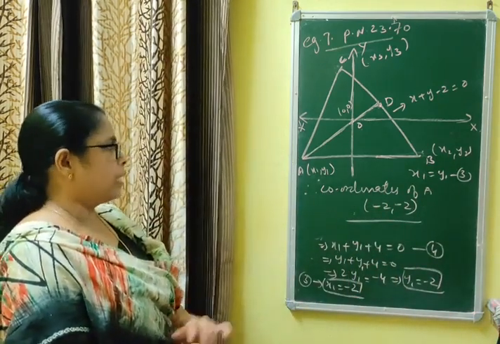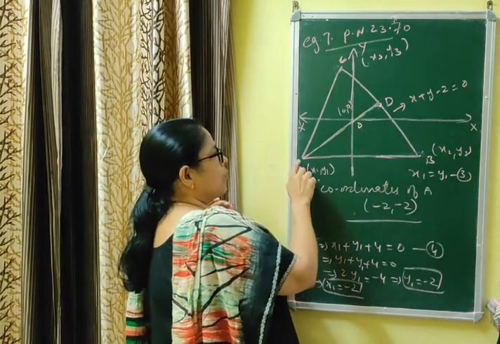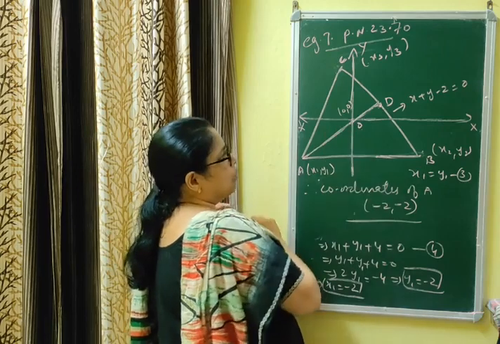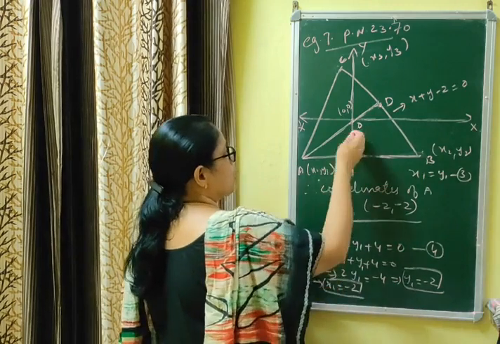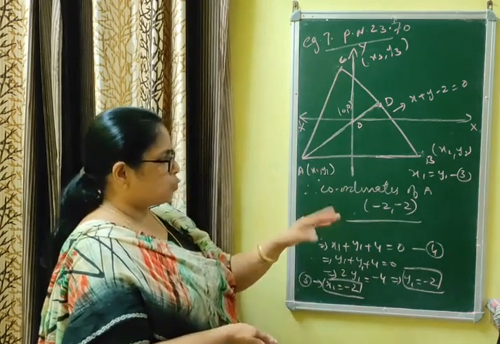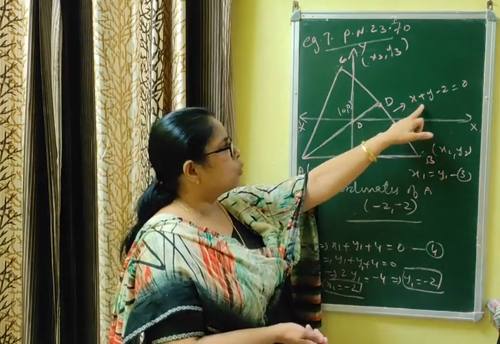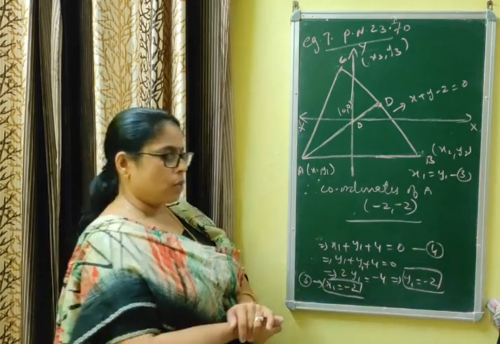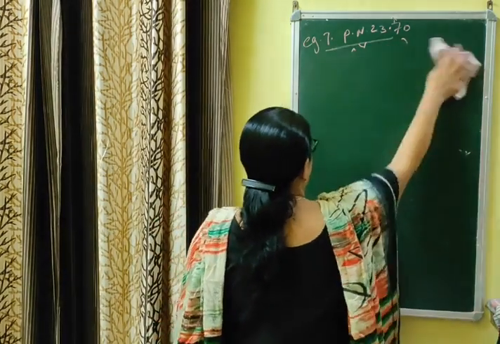Once more I am explaining. A triangle is given, the coordinates of whose vertices we assumed, and we have to find the coordinate of the vertex for which the centroid is at the origin, and the opposite side of that vertex is x plus y minus 2 equal to 0. First we formed an equation from the centroid by joining it with the origin. Then from slope of AD times slope of BC equal to minus 1, we formed the second equation. Then we found the coordinates of D by putting D on x plus y minus 2 equal to 0. We formed equation 4, and by solving 3 and 4 we got the values x1 equal to minus 2 and y1 equal to minus 2. That is, the coordinate of x1 comma y1 is minus 2 comma minus 2.